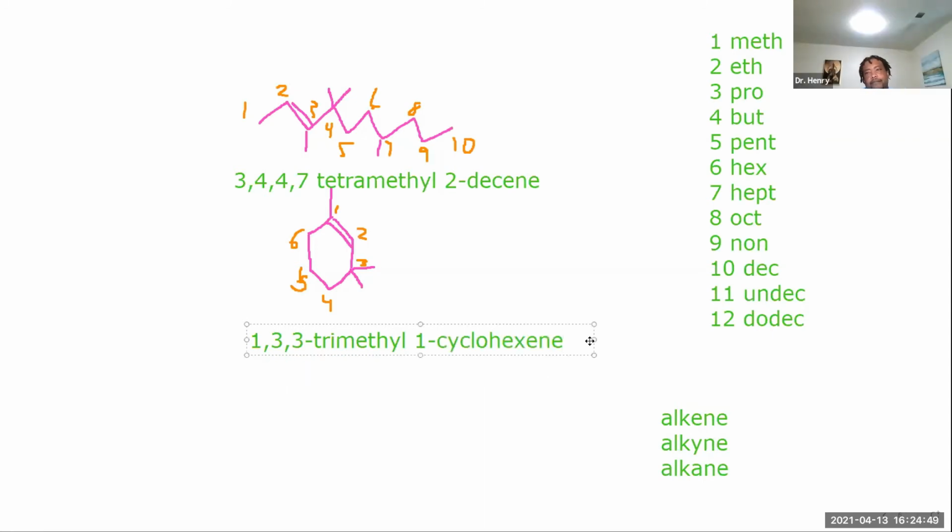So I just have a quick question for the circle one. How do you know where to start counting? The one who has the highest priority. Right? So you always want to give the one with the highest priority, the double bond in this case, the lowest number. Oh, okay. Yeah, and if you start at the top, then you can give one of the methyls the lowest number as well. You get a twofer.